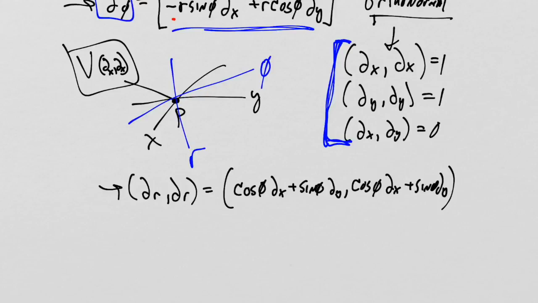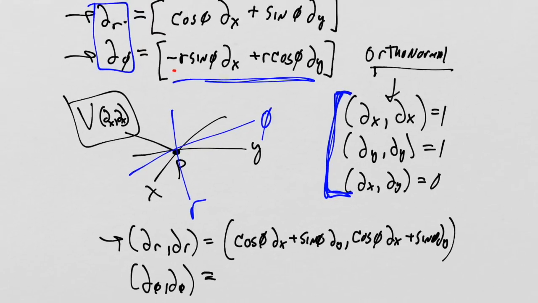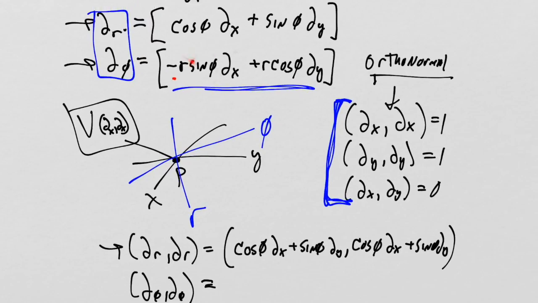I want to check partial phi with partial phi. And if you do that, you can look at it and see you've got sine and cosine. Everything's going to work out exactly the same way. You'll get this minus sign involved, but